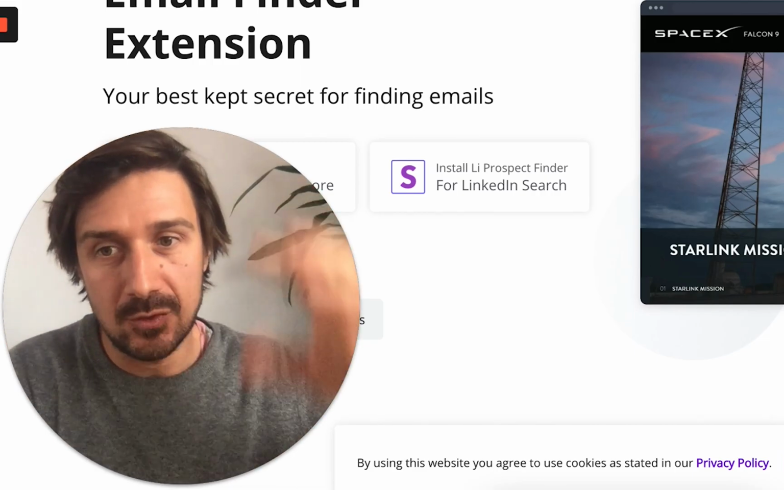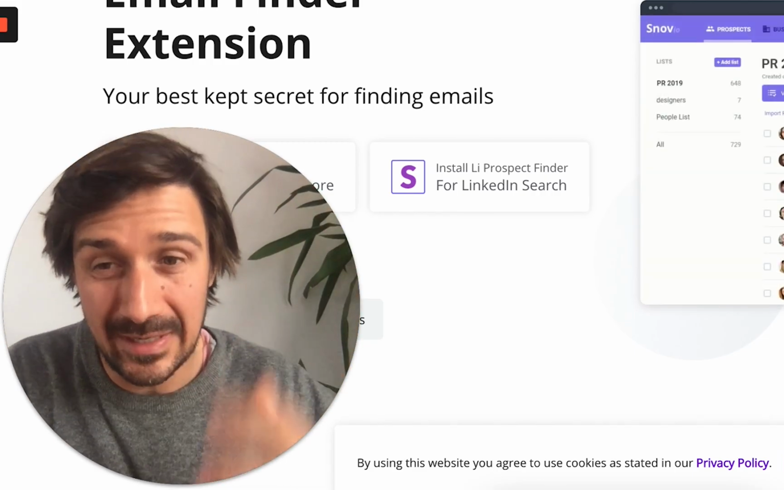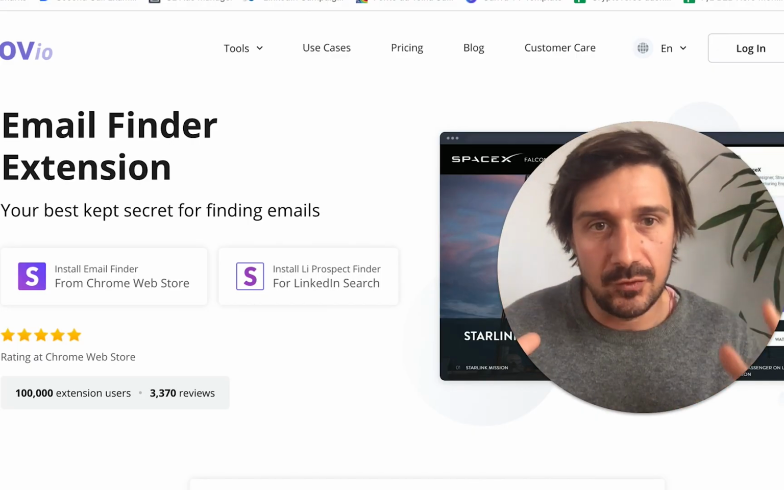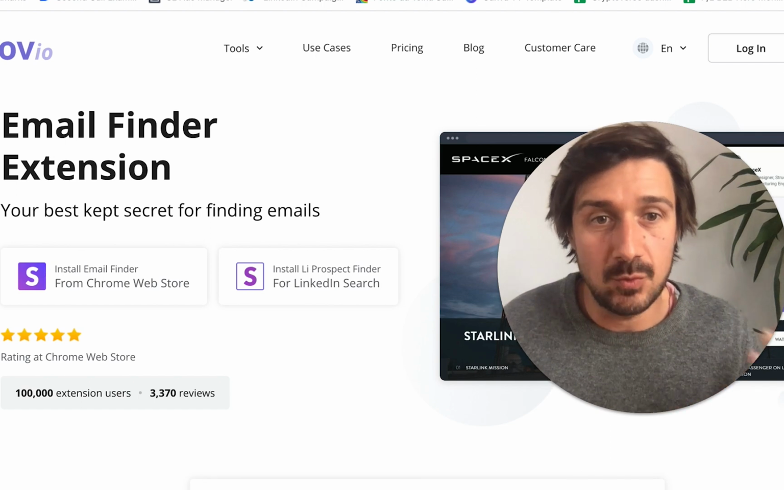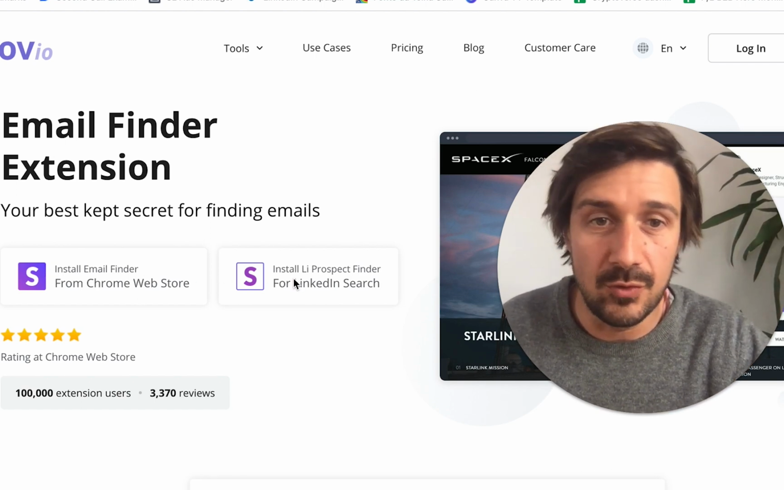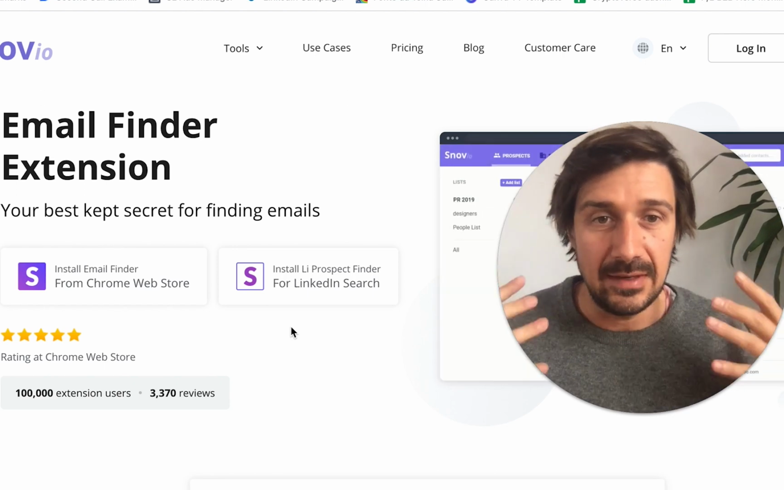Today we're talking about how to get emails from websites really easily and really quickly. So let's jump in. There are a couple ways you can do it. I use SNOVIO. It's just the way I do it. It's the easiest way I find. You download basically this Chrome extension, or this one for LinkedIn, and you can just get the email addresses really